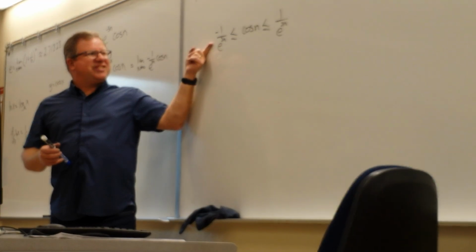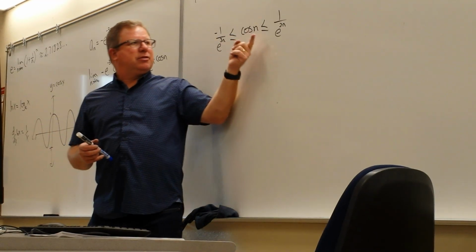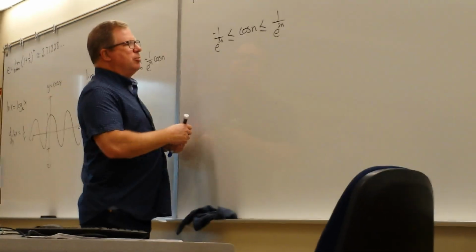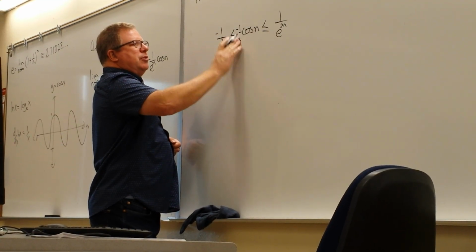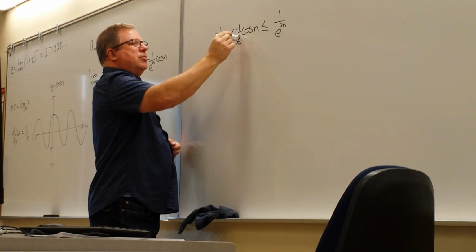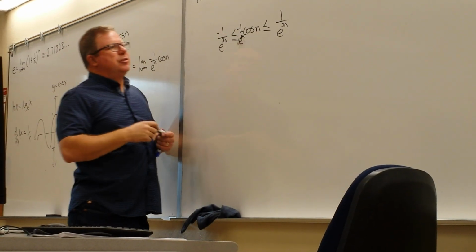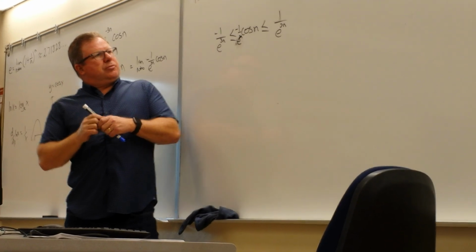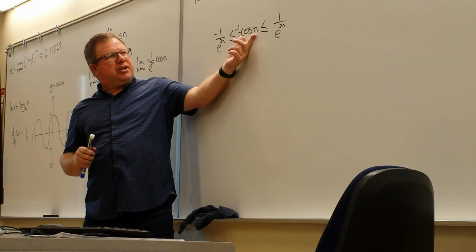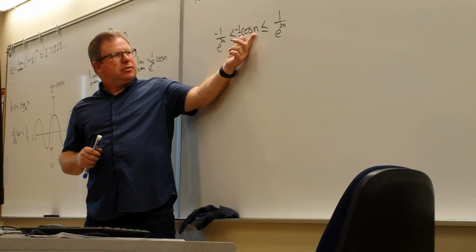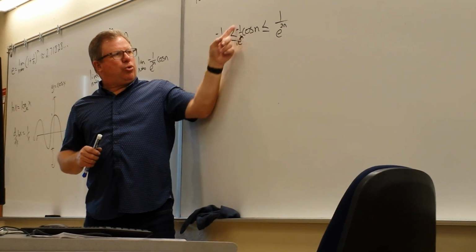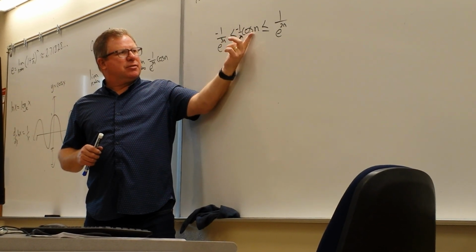So this is approaching 0 from the negative side. We do need it in between there, I'm sorry. Because cosine is going to either be 1 or a decimal number less than 1, when it multiplies by this,